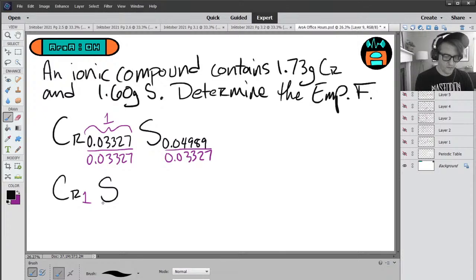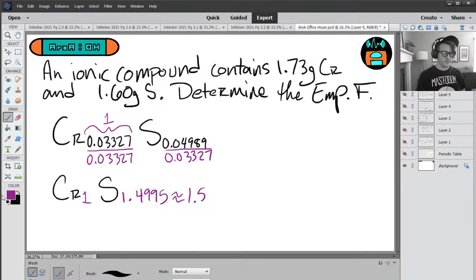So 0.04989 divided by 0.03327 comes out to be 1.4995,